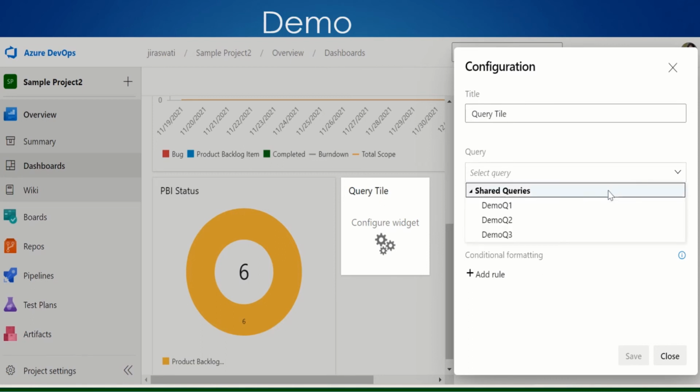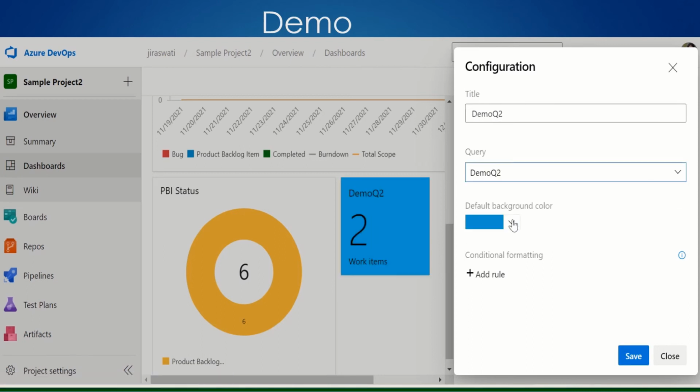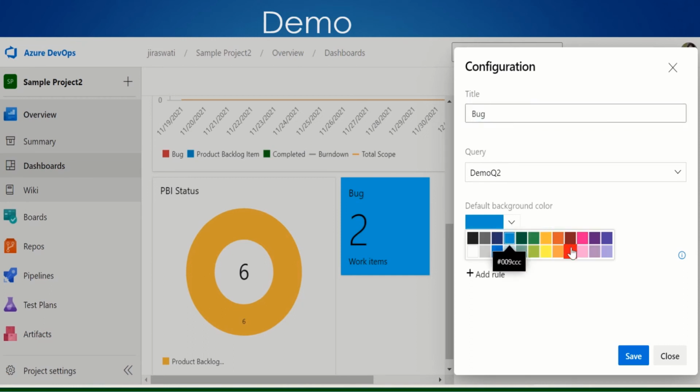Shared queries. This is, and this is the title. How many bugs are there? You can keep a track.